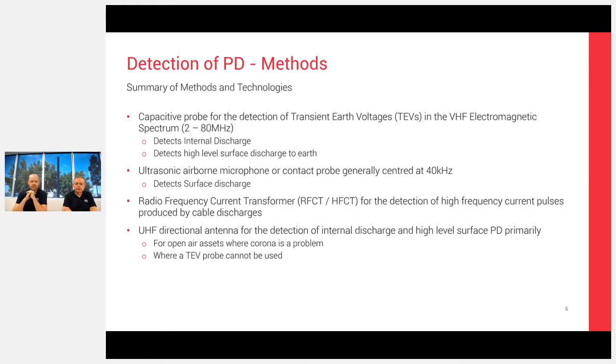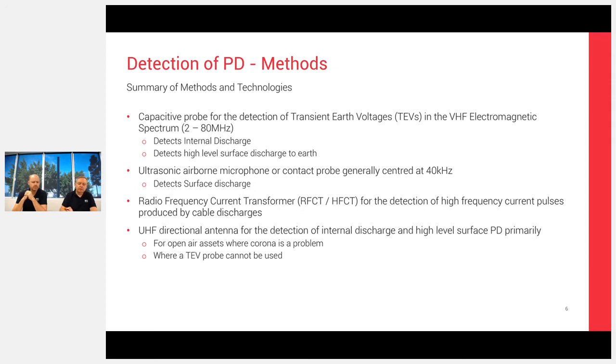Next slide. So in order to detect these different types of discharges, we use different techniques. For internal discharge, and high levels of surface discharge, we use the capacitive probe and the transient earth voltage detection method, which Brad will talk to later. For surface discharge, we tend to have a much lower amplitude of discharge, but a different type of breakdown of the insulation, and that is more readily detected using the ultrasonic technique, which I'll talk through in the next few